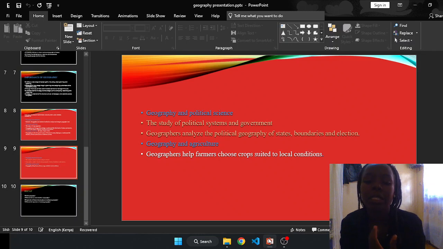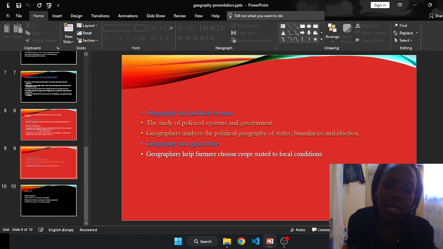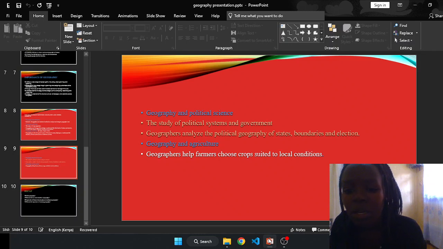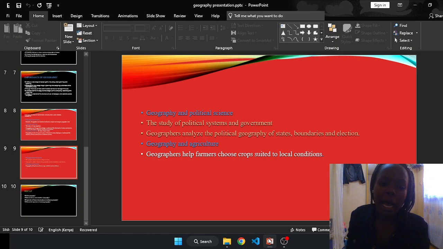So, how does this political science help geography? Does it relate with geography? So, geographers analyze the political geography of states, boundaries, and elections. So that's how this political science is related to geography. Geographers can analyze political geography, states and boundaries and elections. Another